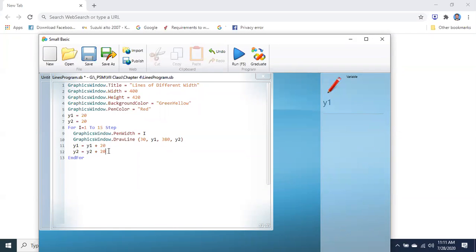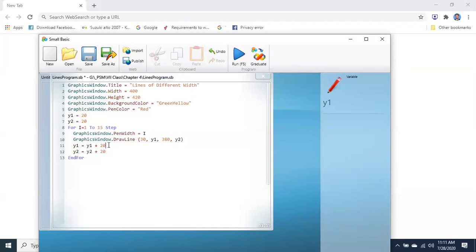Next time y1 will become 40 and y2 will become 40, so the line will come slightly down. So we are saying y1 is equal to y1 plus 20 and y2 is equal to y2 plus 20.